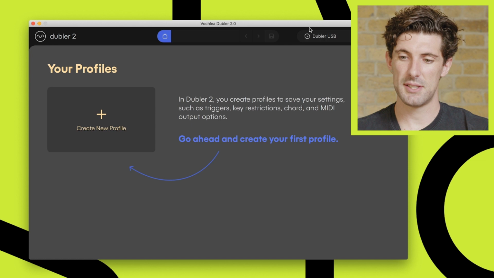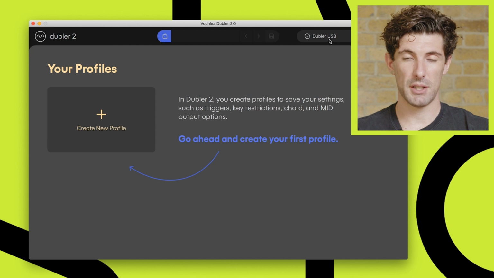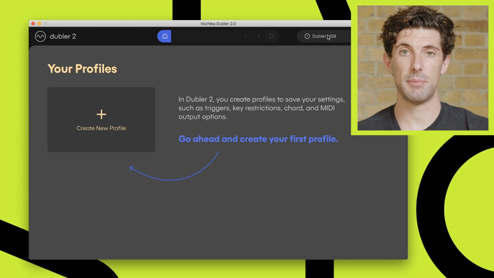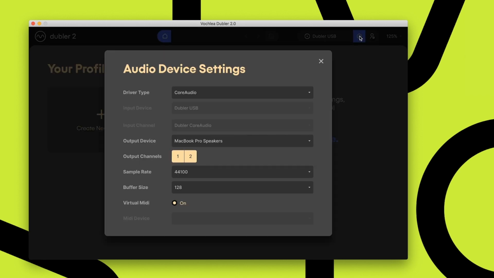Coming over to the right, you can see here the audio input that we've currently got working with Doubler. So that's the Doubler USB microphone. If we were using our own device, this is where I could click and recalibrate that device or calibrate a new device if I wanted to. To the right of that, we've got this settings cog. This is going to show us all of the audio settings for Doubler 2. This is where there'll be some slight difference if you're using on Mac or Windows, whether you're using the Doubler microphone or your own microphone. So I won't go through these in detail in this video, but if you do want to have a look through and be taken through what each of them mean, we've got a dedicated video for Mac and for Windows. Check out the calibration videos and we'll go into it in detail.